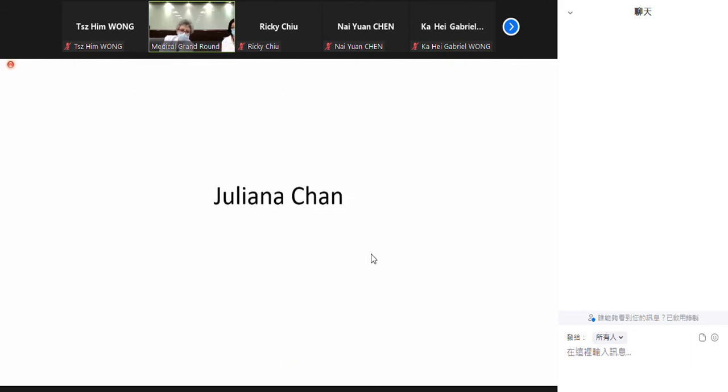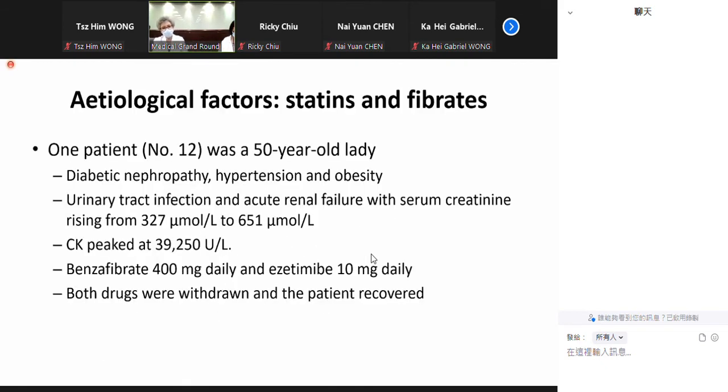So actually, on this particular case, I wasn't really quite sure whether this patient was treated with a statin in the background. I think probably it's a statin. Yeah, she actually was. So it's a classical scenario. She had diabetic nephropathy, she had hypertension, and over time her creatinine has slowly crept up. So this patient already has some renal impairment,